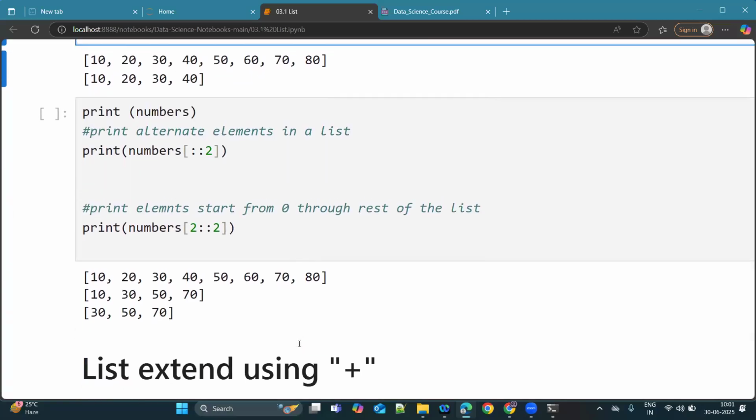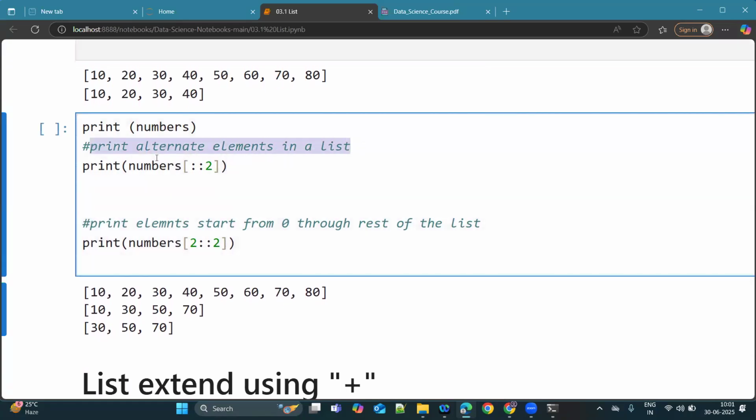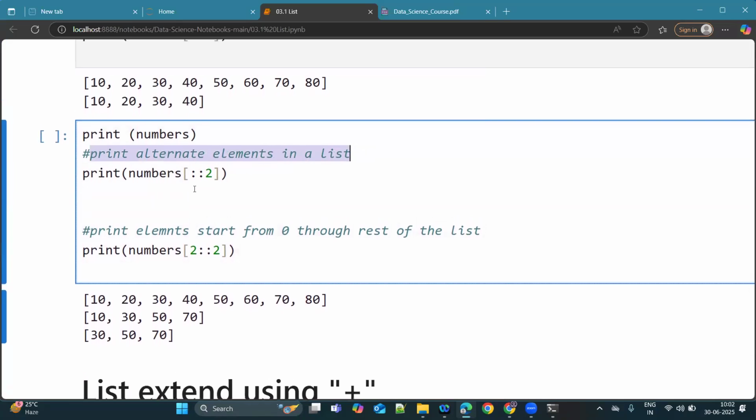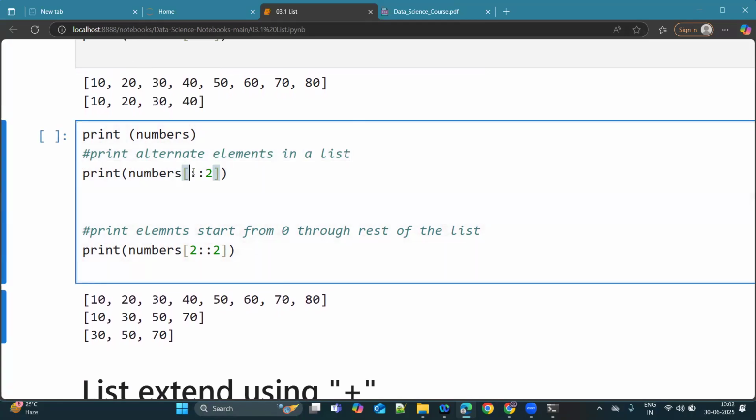And one more thing here. Numbers has the list 10, 20, 30, 40, 50, 60, 70, 80, and we want to print alternate elements in the list. If I want to print the alternate elements, that is 10, 30, 50, 70, something like that, I use print numbers, and here colon colon 2. To make alternate elements go by step, in that scenario we'll be using 2. And if I print this line of code,